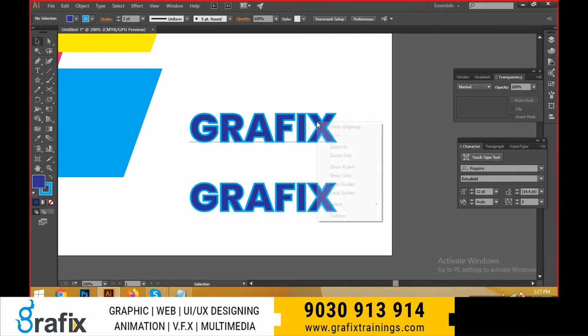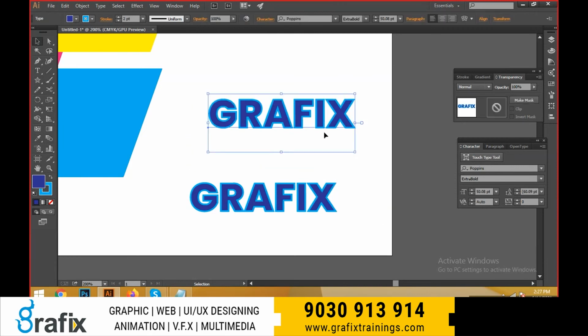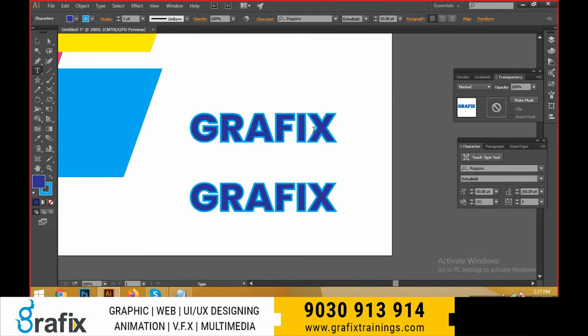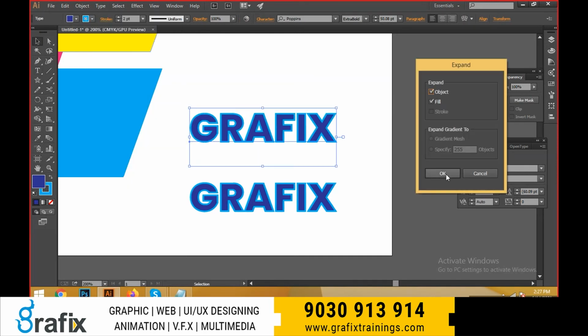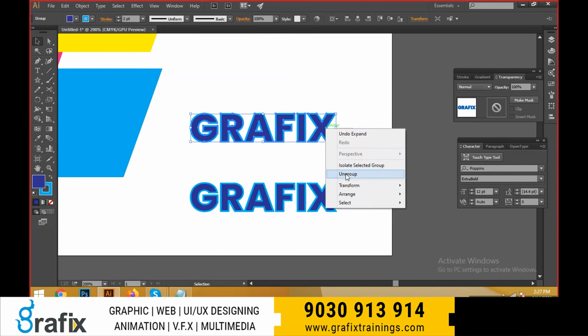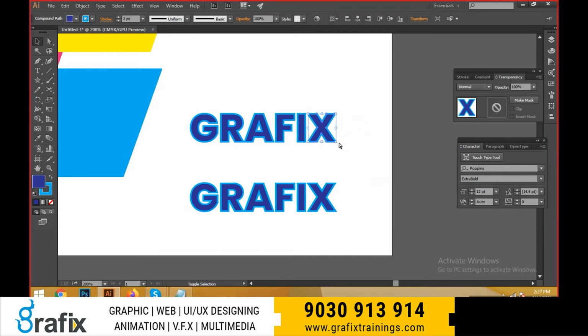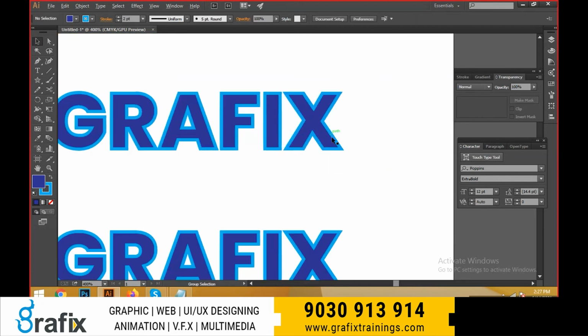Right click and ungroup, select it and ungroup. See, object, expand, object and fill, just click it, right click, ungroup. Now I can divide the object. Again Control Shift G, ungroup. Again Control Shift G, ungroup. Right click, release compound path.